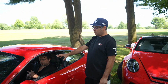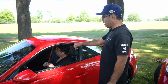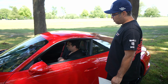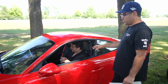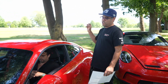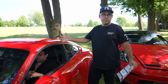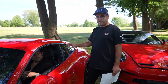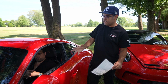But what you see here stays with the original look of a 911. Not that the 992 doesn't, but the 992 has that more modern look. This, I feel like, is the hybrid of old meets new. We used to say that about the 997 generation. This really is becoming older, not the new boy on the block anymore. It's a midlife. It ages very, very well because it's modern enough, but still has